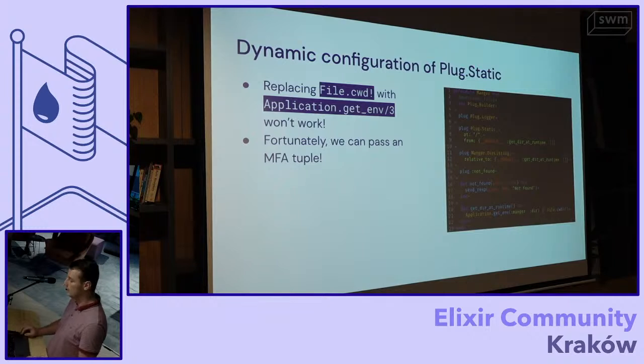Thankfully, the people creating Plug.Static thought about it, and there is a way to dynamically get a value for this from attribute. By passing a module, function, attributes tuple, this plug each time it looks for a directory calls that function, which is defined in this module below, and this function is responsible for getting the directory configured from the arguments passed from the CLI.